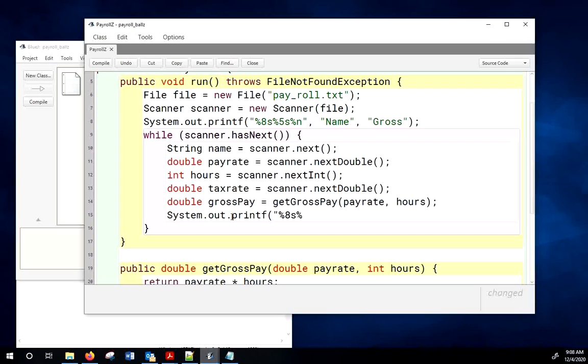The next is going to be a floating point number, but we want it to round to 2 decimal places, and I want it to have a $ sign. So I'm going to say $ sign. Then I'm going to say %.2f, and that will make it round to 2 decimal places,